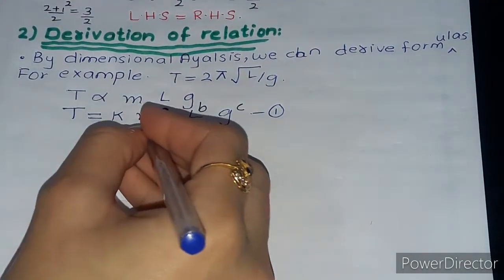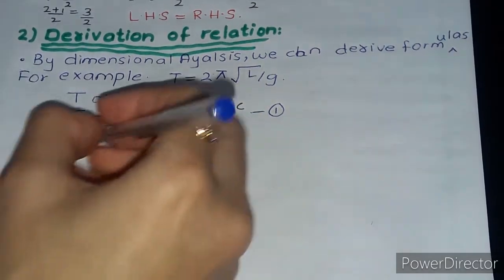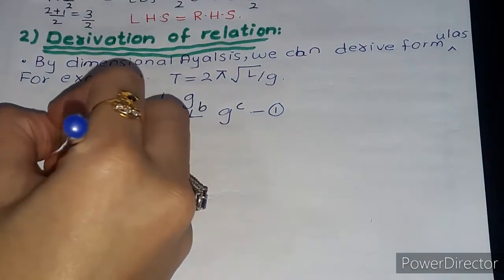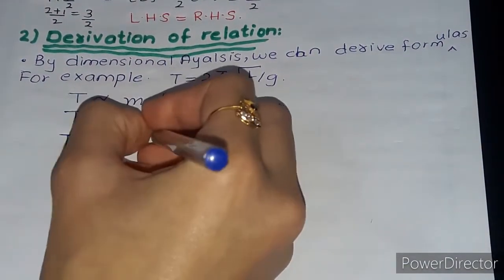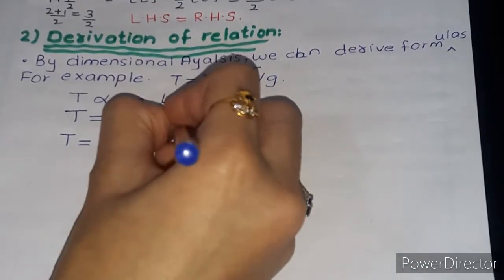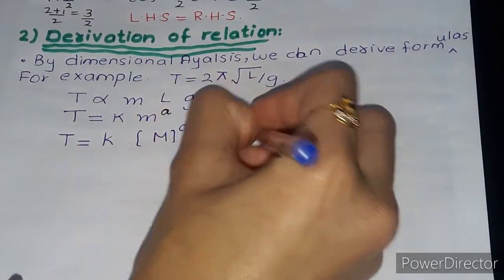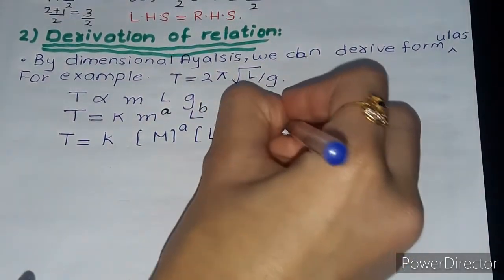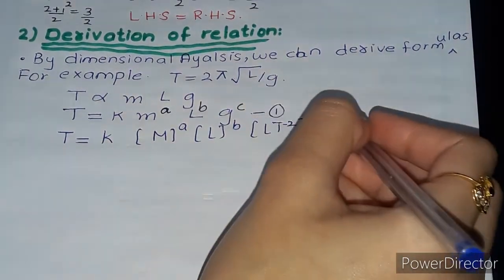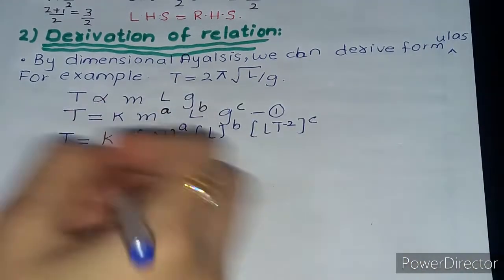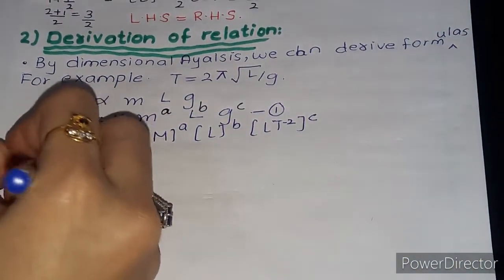Now putting the dimensions of mass, length and g. So T is equal to K times M to the power a, L to the power b, and g is acceleration, LT to the power minus 2, to the power c. Now comparing the coefficients, we get